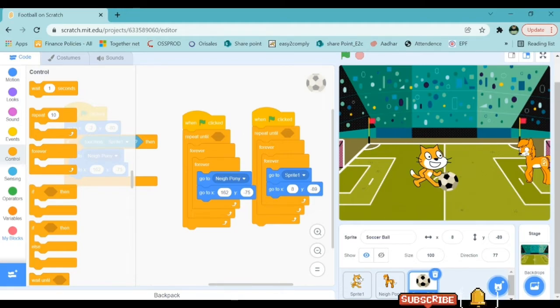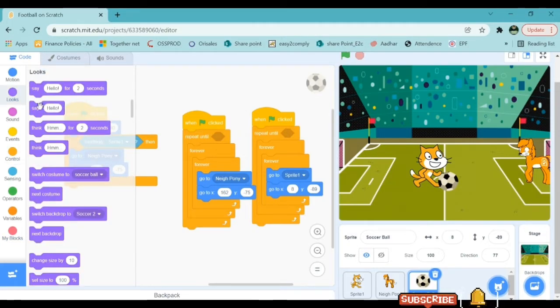If we want to make both characters stop when they say let's stop, we need to add a loop in which it will be telling let's stop. Say, after all this,